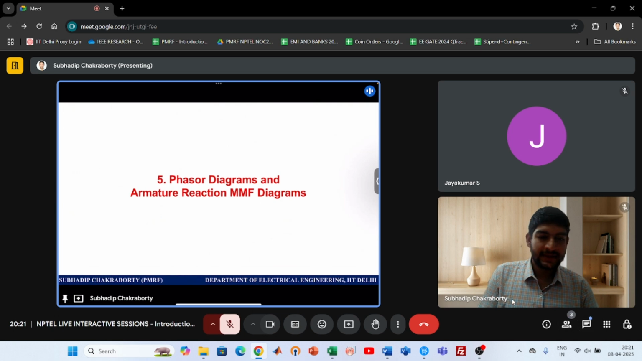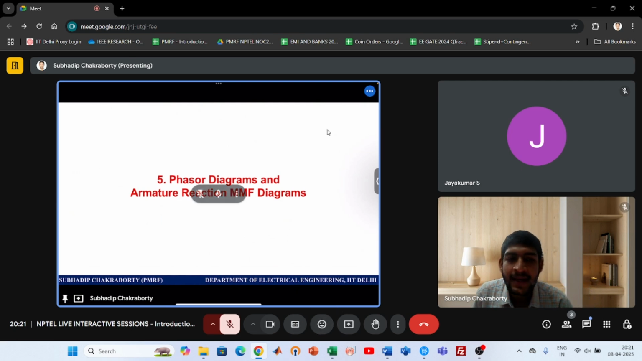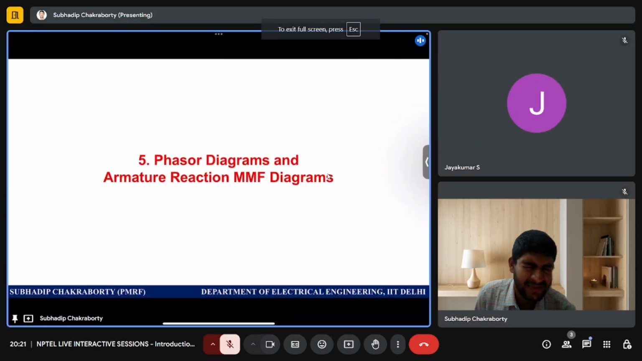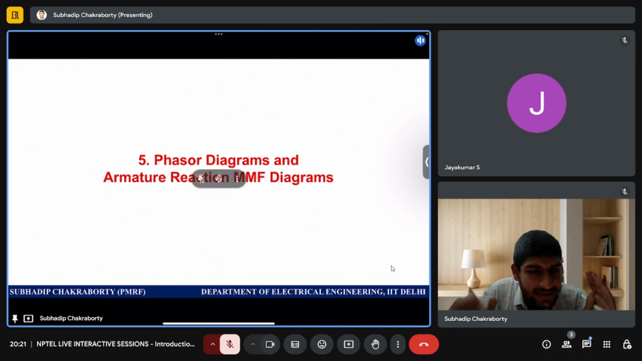We have 50 more, how much? Yes, 40 more minutes, and we can discuss the phasor diagram and armature reaction and some basic problems, right? Which you will be able to solve most of the problems. It is very easy. But this is more important because this is the tool which we will be using for